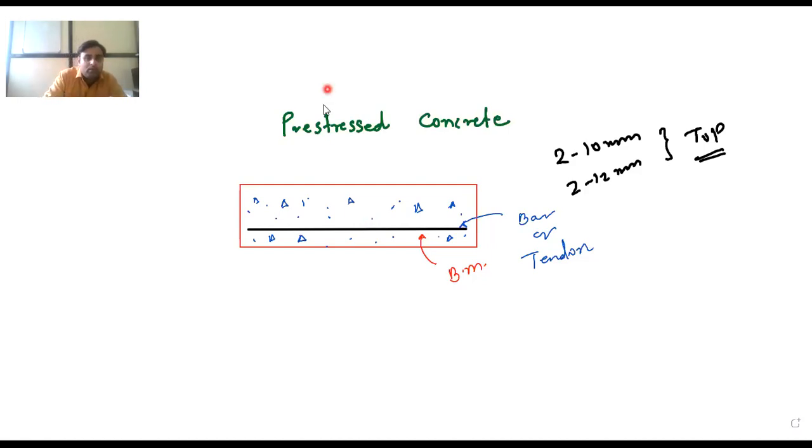Okay, now if you see, this is the beam. This type of loading may be there on this beam. This type of load may be acting. It may be a point load, it may be UDL. Now what will happen due to these types of load? There will be direct stress, and bending stress is also there. So to counteract these stresses, what we do is we introduce stresses in the concrete in a planned manner in such a way that that stress will counteract the stress due to loading.